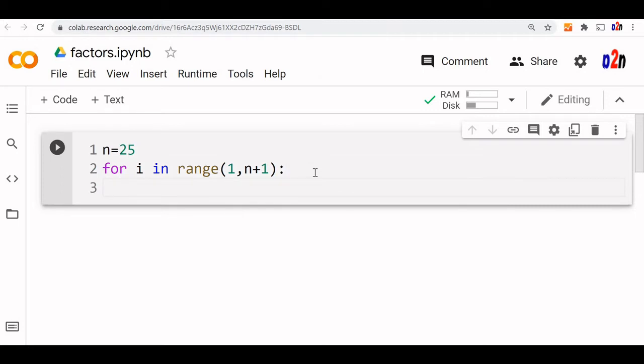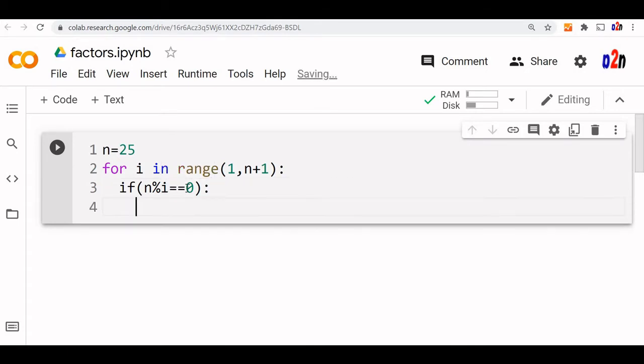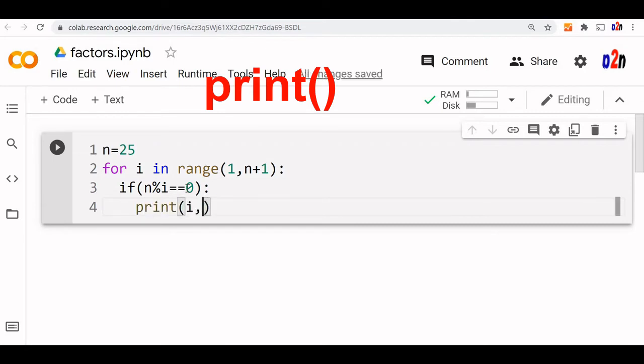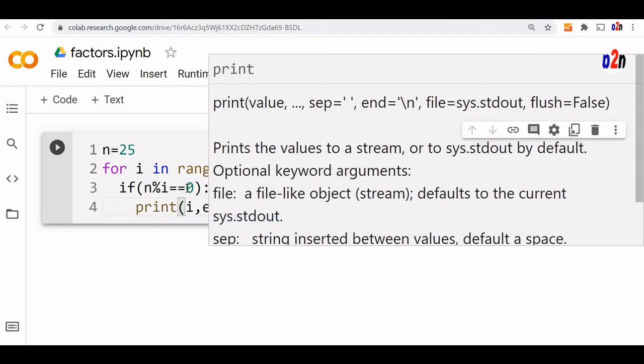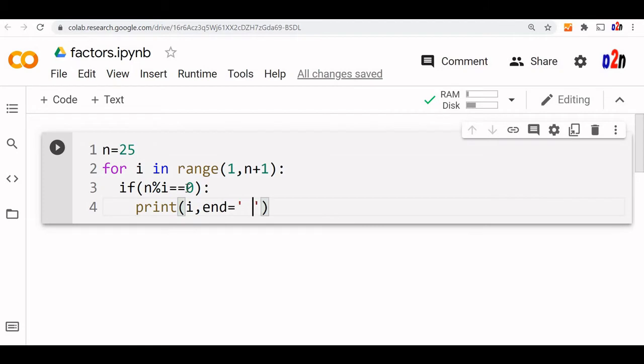Now inside the for loop we'll say if n modulus i equal to 0. Now this is the key. Here you see that the i value keeps on changing from 1, 2, 3, 4, 5 like this, and every time it changes its value inside the for loop, we check it by using this. So n modulus i, if it is equal to 0, that means there is no remainder on the division, then we'll print it. Print i will give a new line, so we'll remove the line break and use a comma and space. So that's all.